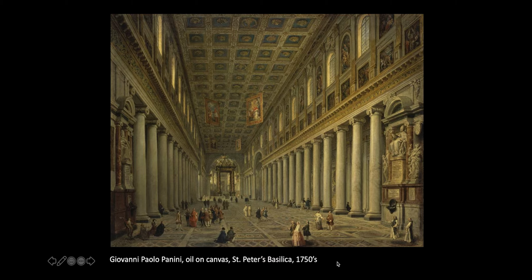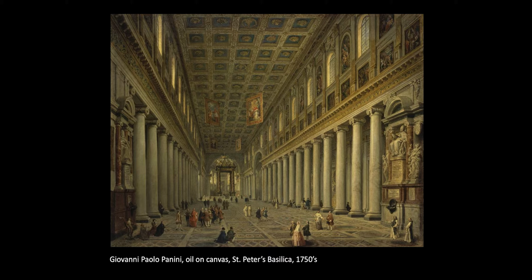Peter's Basilica in the Vatican, in Vatican City, rather. This one is a little bit more complex in terms of its perspective because the vanishing point is not quite in the center, but is over here to the left of center. The artist gets to decide where he or she puts her eye level and her vanishing point in a painting, right? Panini chose to put his vanishing point a little bit off to the left, probably to avoid a dead